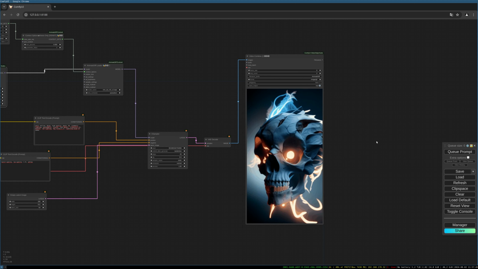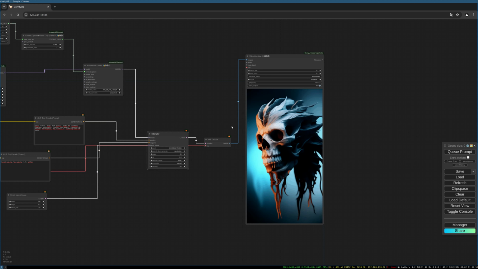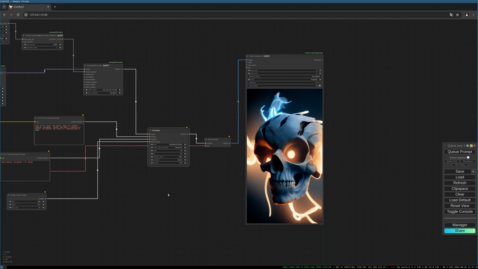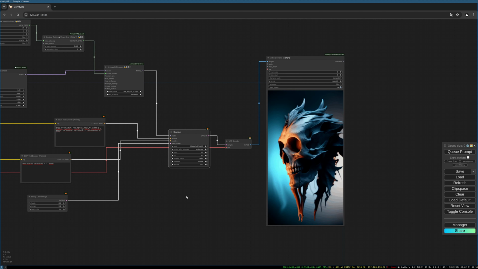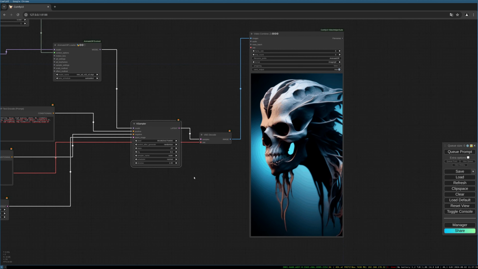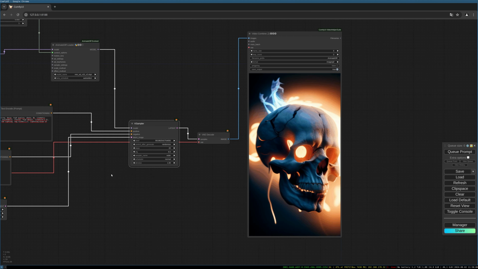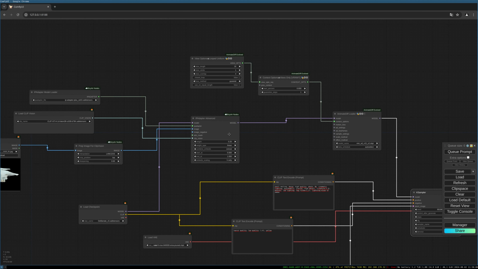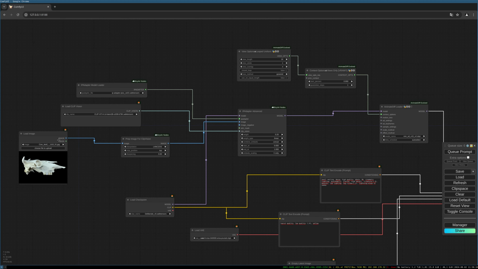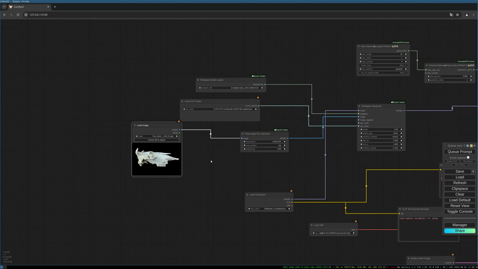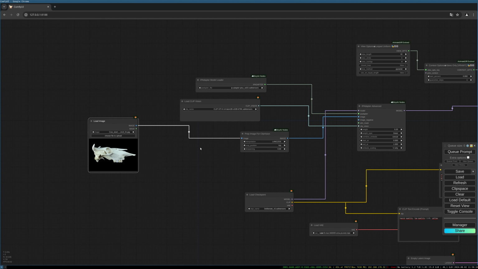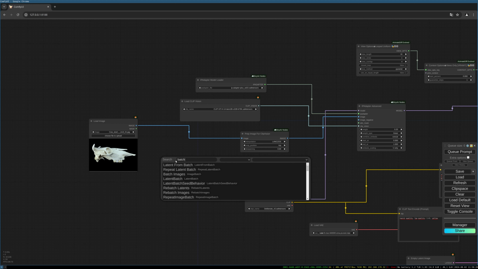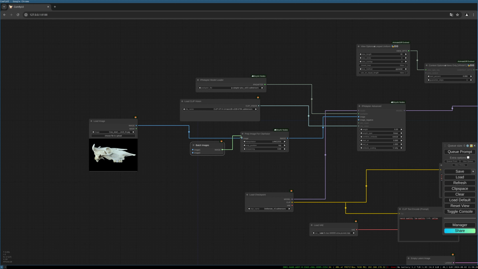And you see we are coming back to our original animation, but with more influence of the image we just loaded into the IpAdapter. So play around with the weight of the IpAdapter. Also try, you can load several images, for example, with batch images. So simply duplicate your image